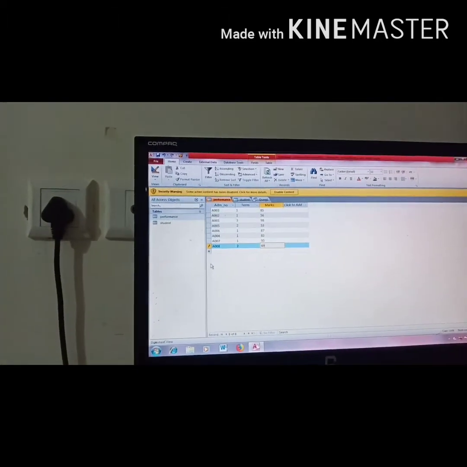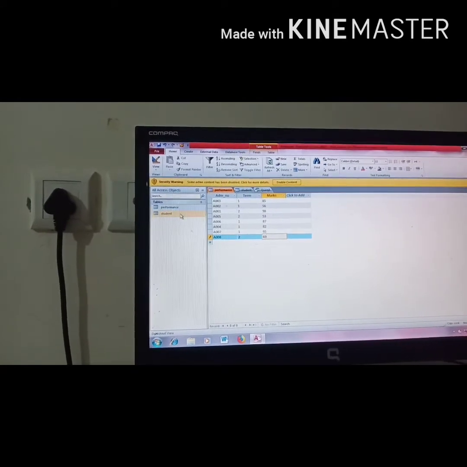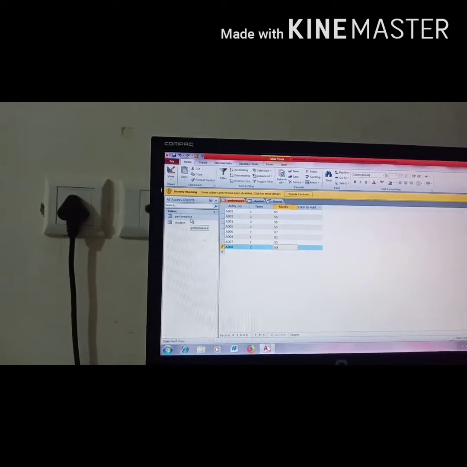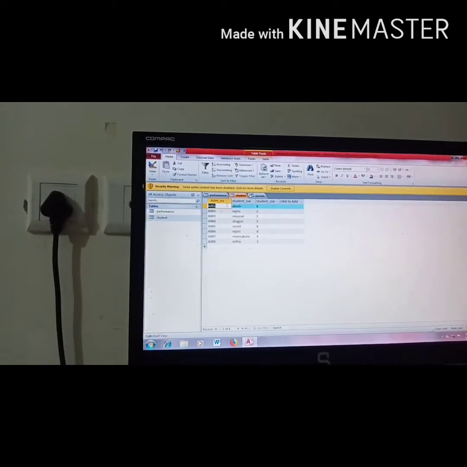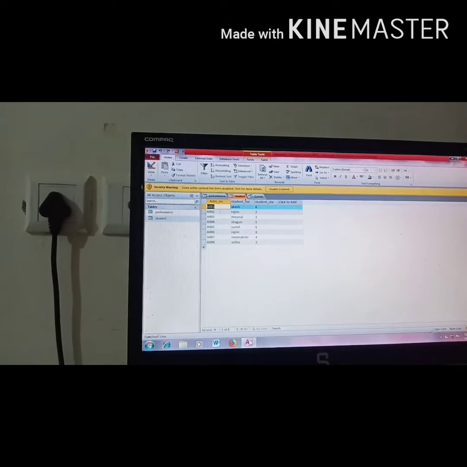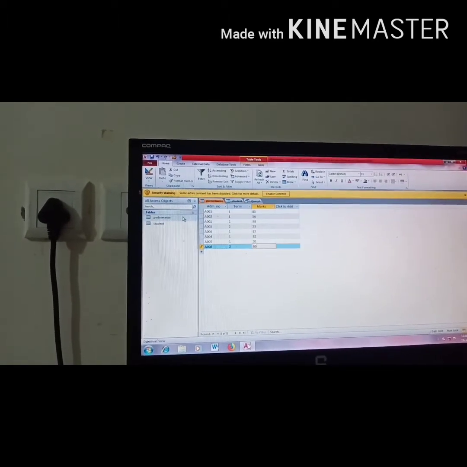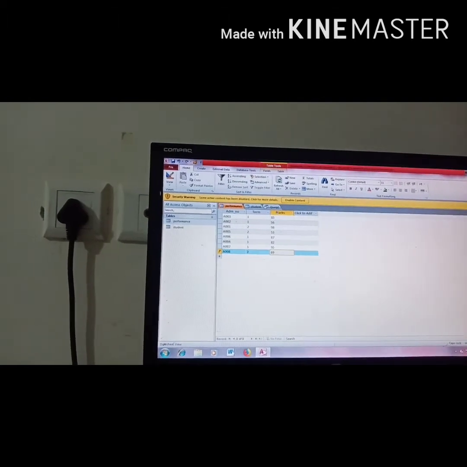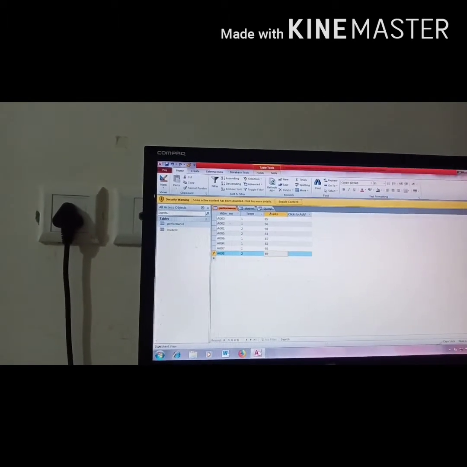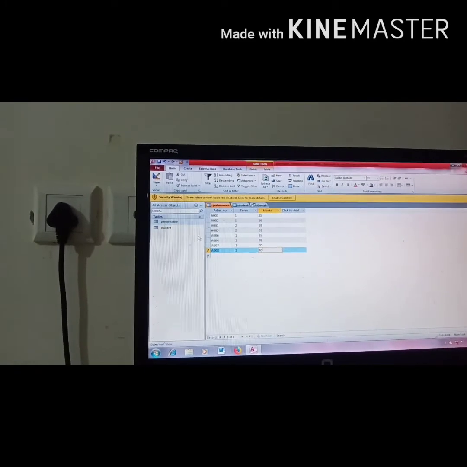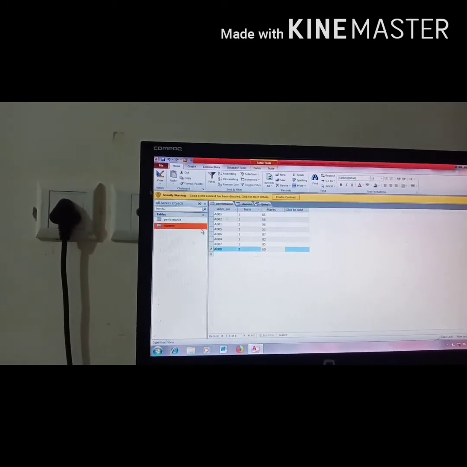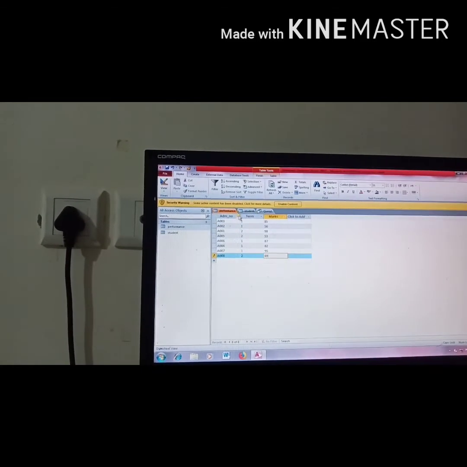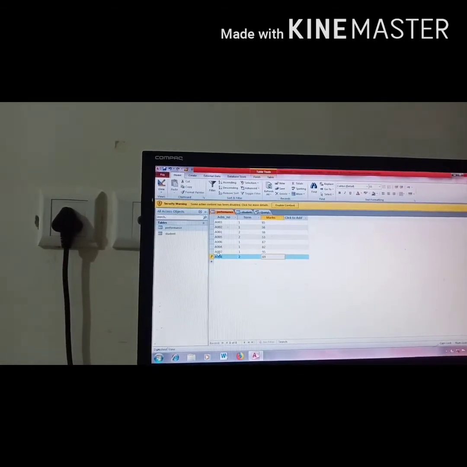It's time to relate two tables. Here I have already created two tables. One of the tables is student and another is performance. In student I have taken three fields: admission number, student name, student class, and in the performance table I have taken admission number, term and marks. One thing that should be kept in mind while relating two tables is that one of the fields in both the tables should be common. For example, here the admission number in the student table and the admission number in the performance table are the same.